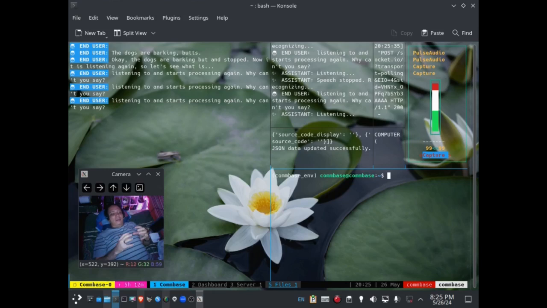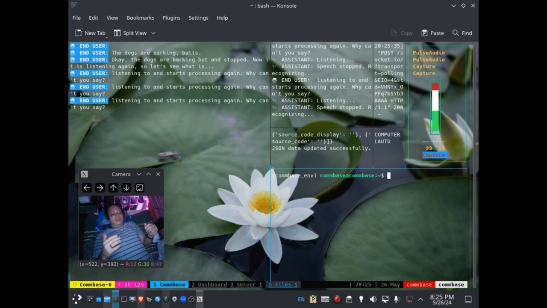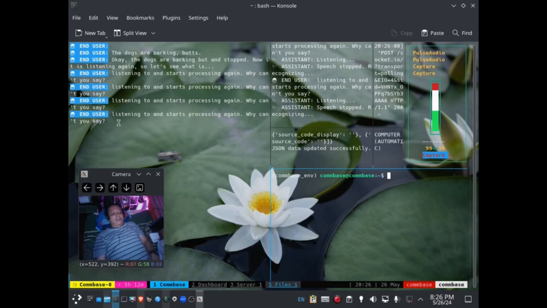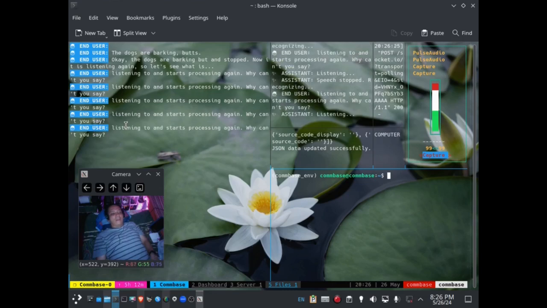But if you are not speaking, it's not using it, so it stops for a while, for 15 seconds, and you can customize this timer, so it is not using the resources like GPU during this time, and after that it is going to reactivate and start listening again. But if you don't speak, it will keep sending the last thing captured and processed by the engine. In this case, listening and start processing again.